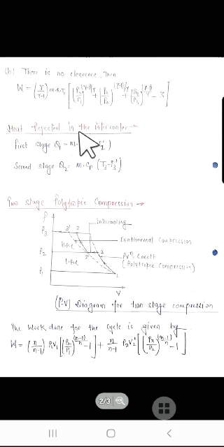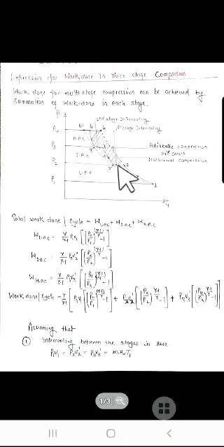what is the amount of heat rejected in the intercooler? Heat rejected in intercooler. As we know that in the intercooler, the hot air loses its heat to the atmosphere and gets cooled. So, what is the amount of heat rejected in each stage intercooler? The amount of heat rejected in first stage intercooler is equal to m Cp (T2 minus T2 dash). This is the amount of heat rejected in first stage intercooler.